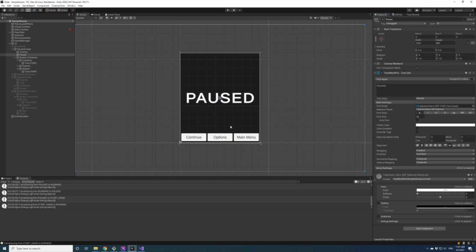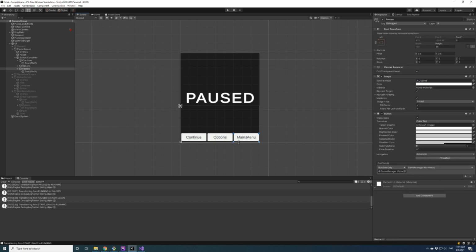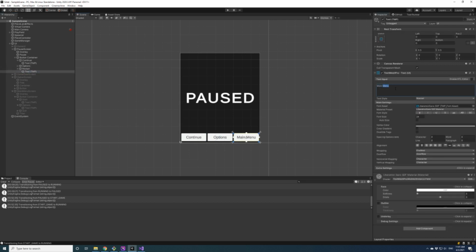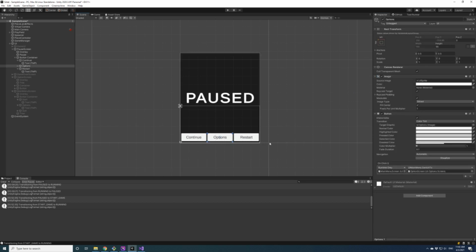Yeah, that'll work. So that goes back to the main menu. Options. Yeah, the problem with calling it main menu is it seems like you might be able to come back from this. And I don't want the player to accidentally think this is a state we can go to, the main menu, and come back to the game, because you can't currently. So options switches us to the options screen.